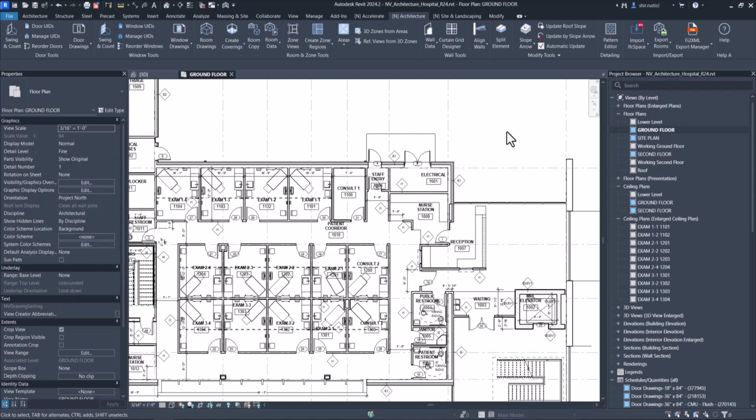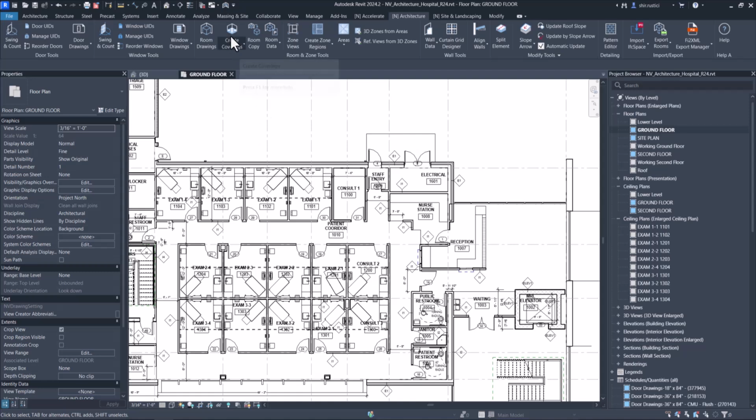The last improvement is with the room drawings feature. Previously, we were having duplicate views being created for ceiling plans, as well as the crop of our 3D views or axons not being correctly cropped to our rooms if the walls extended past the rooms.